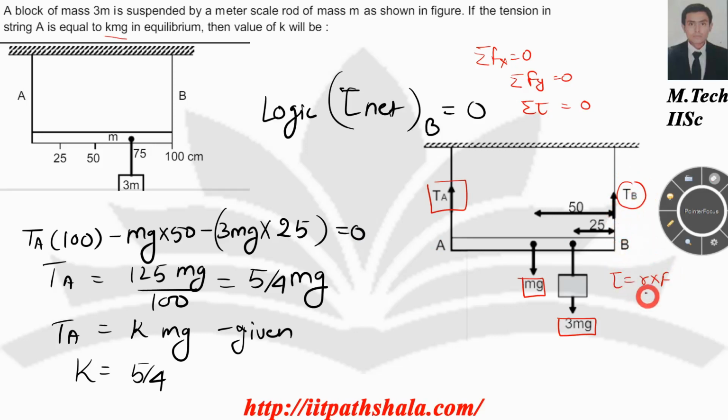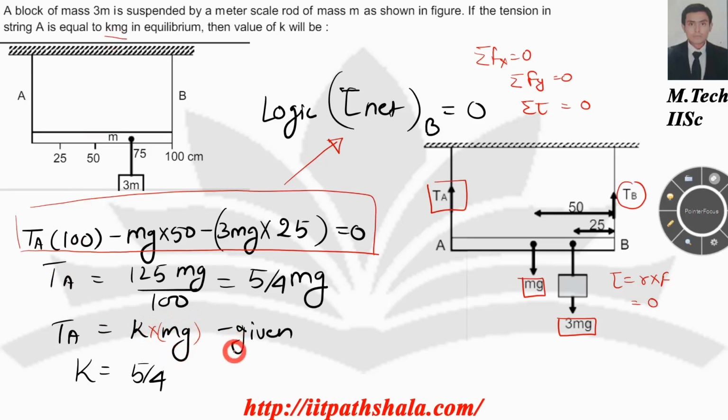It is having 0 distance with respect to B, so tension B will be contributing 0 torque to our point B. Okay, put the expressions over here in the following equation which you have made from the following logic and substitute all the values. Now he has given you the value of TA to be equal to K into mg. Just compare both of the following expressions and you can find out the value of K over here. Quickly moving toward the next question.